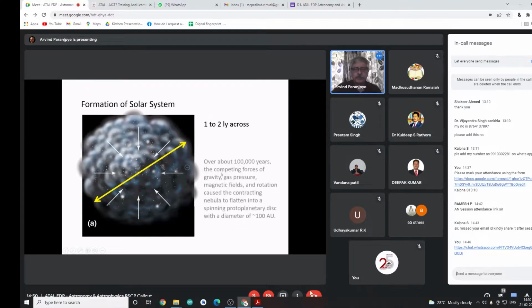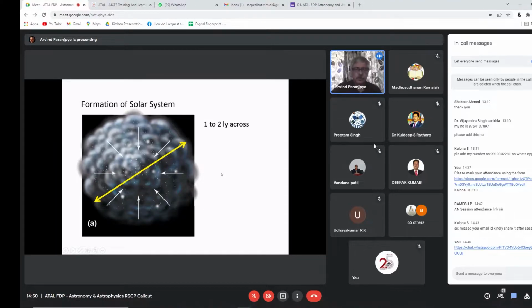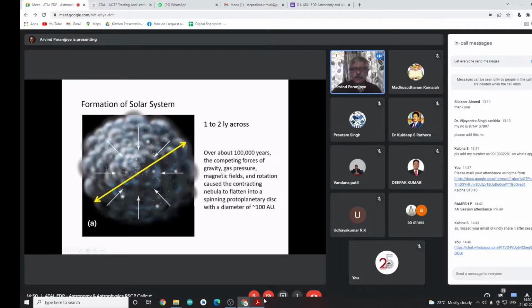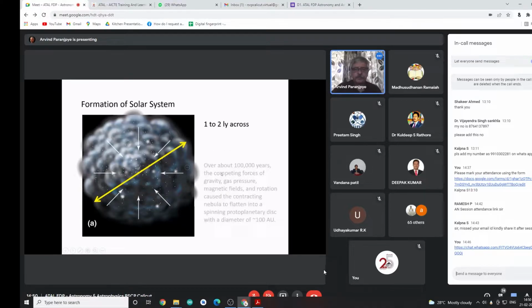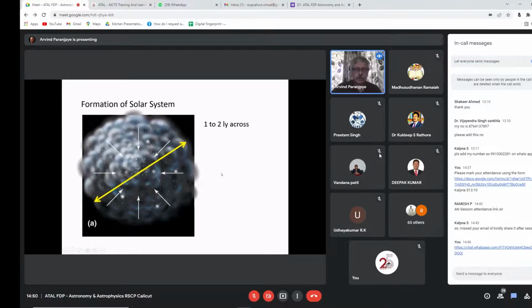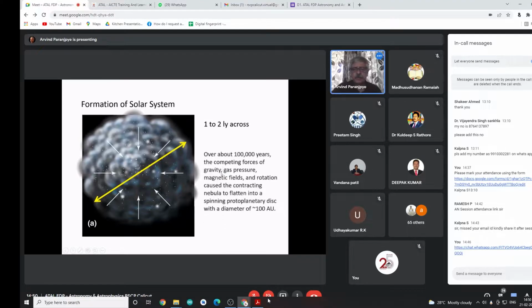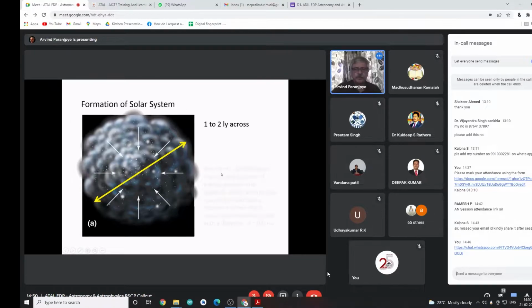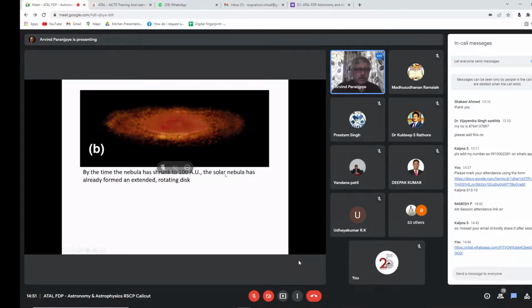So what are the competing forces? As the cloud was shrinking, it was shrinking due to gravity, because after all, gravity is an attractive force. But gas pressure builds, then there is a magnetic field, and also as it contracts, it starts rotating. Rotation and all these things put together caused this nebula, which is more or less spherical, to start spinning into what is called the protoplanetary disk, and it shrunk to something like 100